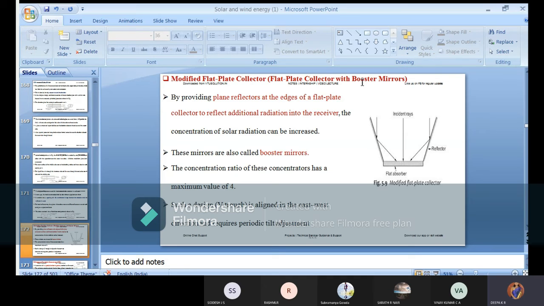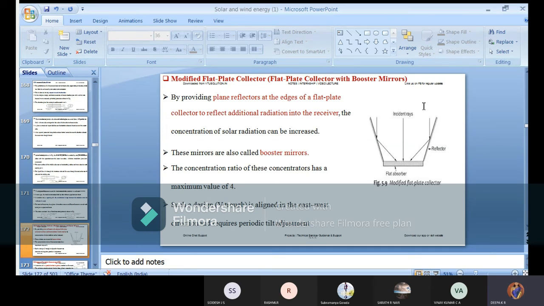If you get one ray and it becomes reflected, you'll get two rays. So it becomes a multiplier. Multiplication is going to happen if you keep the mirror to increase the incident rays. And you can reduce the size of a collector because your rays are multiple as compared to the normal incident rays. If you are getting 10 rays, only 10 rays will be collected in the old flat plate collector. But here, if you are getting 10, it becomes multiplied by 2 because you are keeping 2 mirrors, 3 mirrors, 4 mirrors, depending upon the shape of how you are making it.